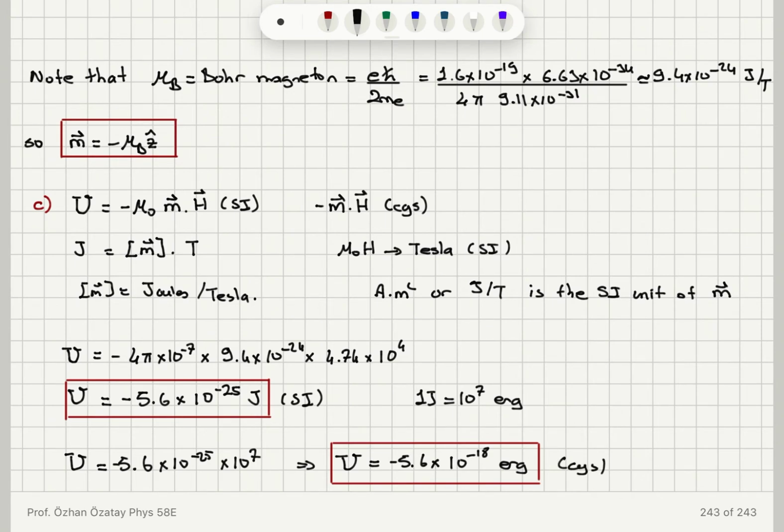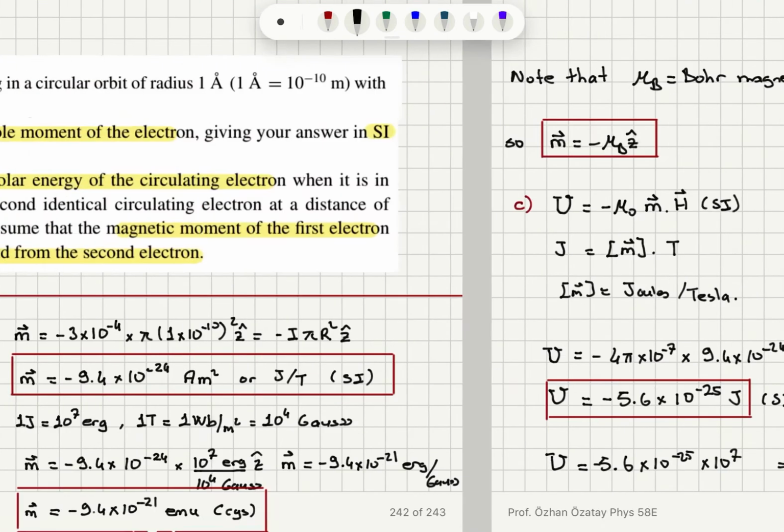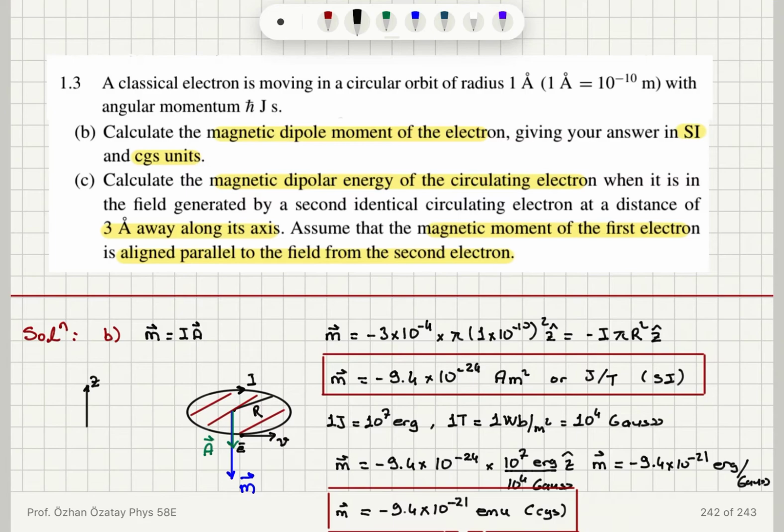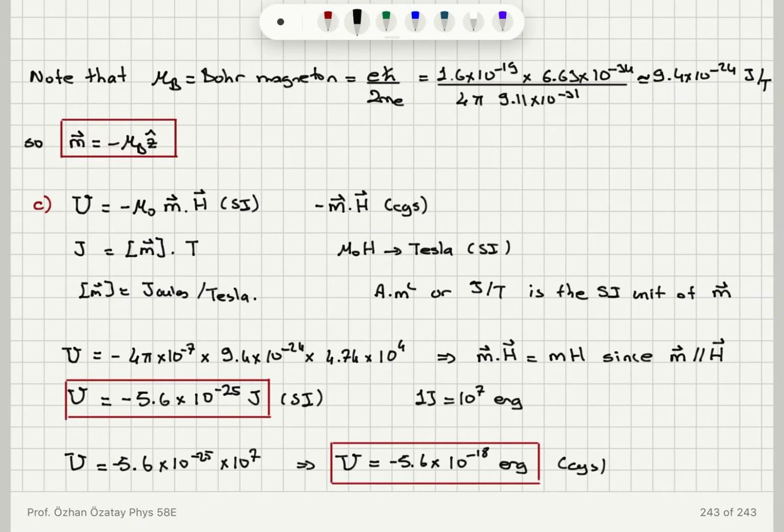So here basically I have substituted for m dot h equals m times h, since we are assuming the m vector is parallel to the magnetic field created by the second electron. So this is basically mentioned here. The magnetic moment of the first electron is aligned parallel to the field from the second electron. With that assumption, I get a magnetic dipolar energy minus mu 0 m dot h. M dot h becomes m times h. Okay,